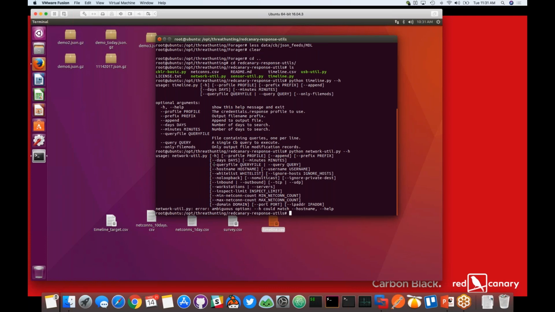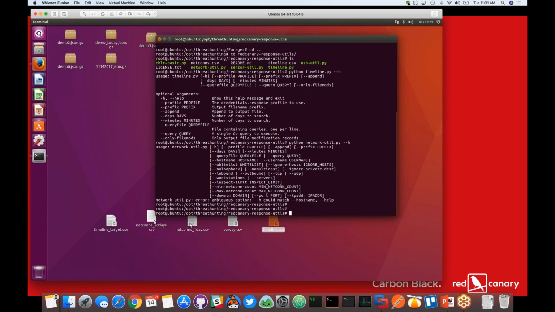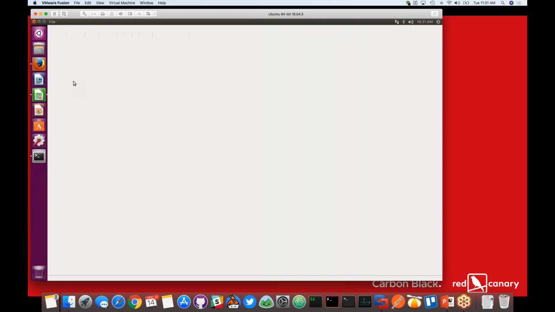This is really good if you're investigating like a web server that's been compromised, or if you want to just see across your servers what's been going inbound. A recent use case for this was with like WannaCry ransomware. You want to see who's traversing your network, sprawling across using all these different ports. So in this case, I ran 2 of them. I'll showcase both of these netcon util ones.